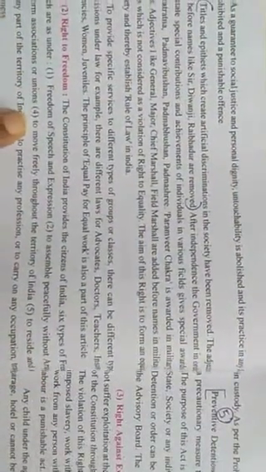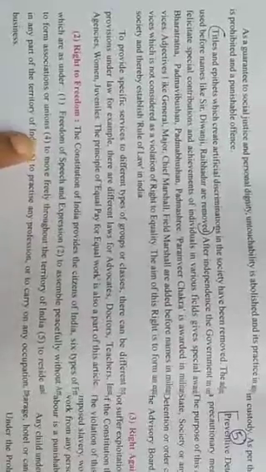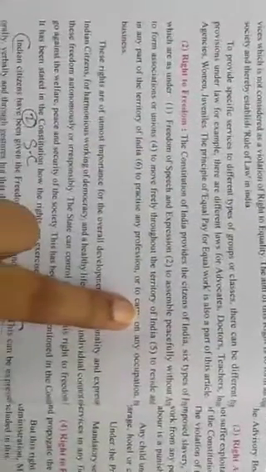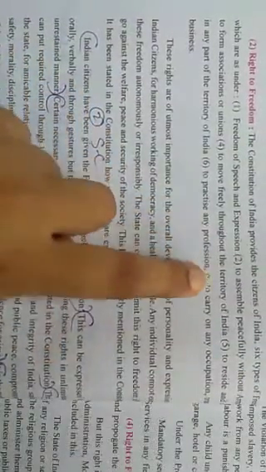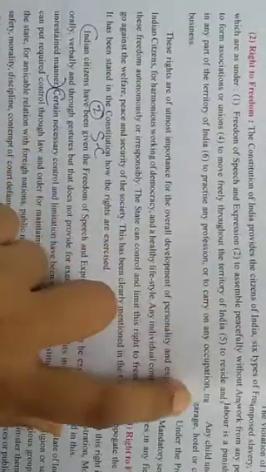Fourth one, to move freely throughout the territory of India. Fifth one, to reside and settle in any part of the territory of India. Sixth one is to practice any profession or to carry on any occupation,